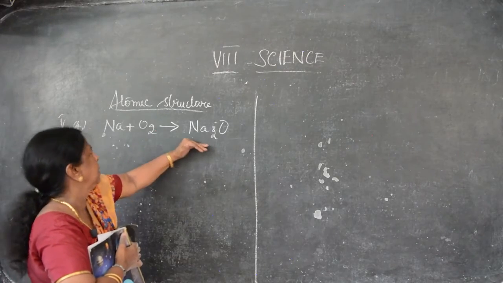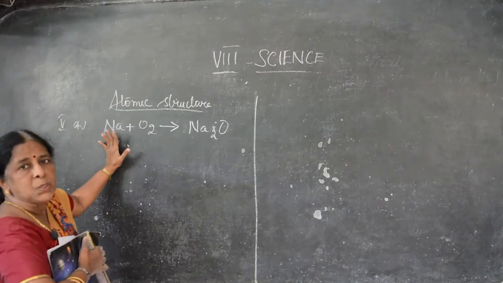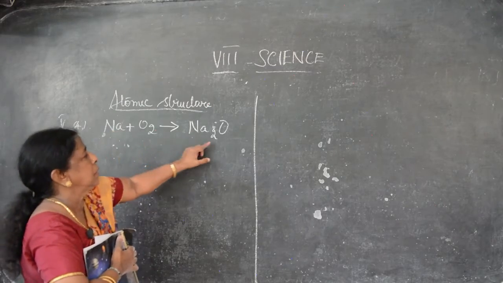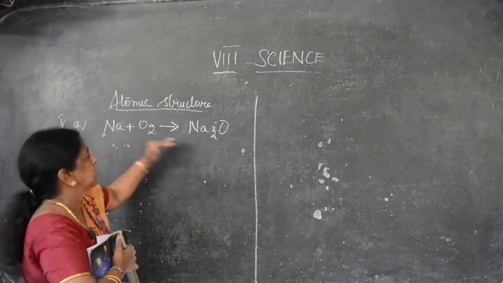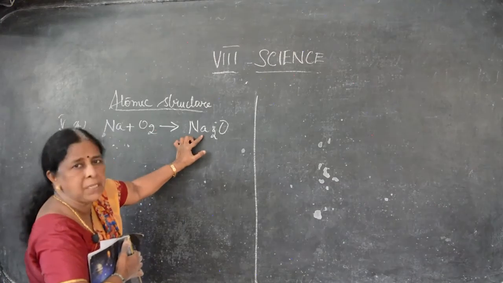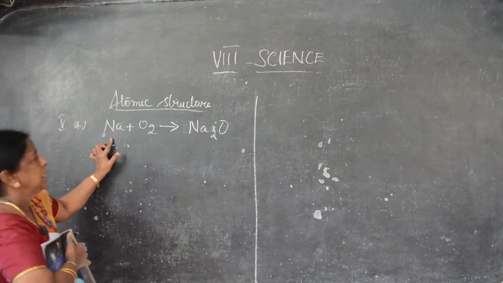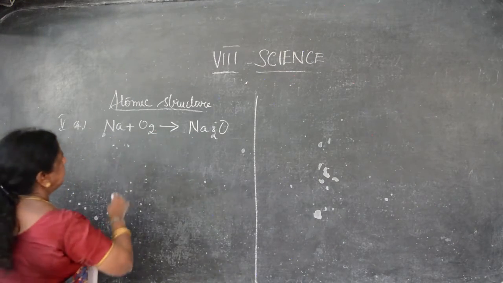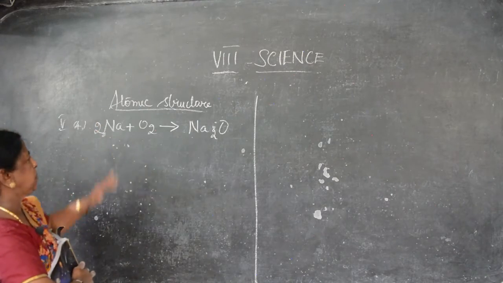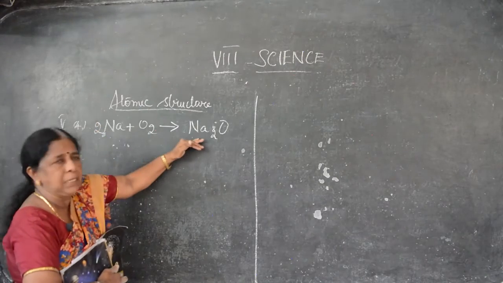This is the product. Here, sodium is only 1. So, what is the number means? How we have to balance means that here, numbers you have to see. Both the sides, this left hand side should be equal to the right hand side. Here, how many sodium? There 2 sodium, but here only 1. So, to balance that, we have to write 2 Na. Now, sodium is balanced. 2 Na, 2 Na over.